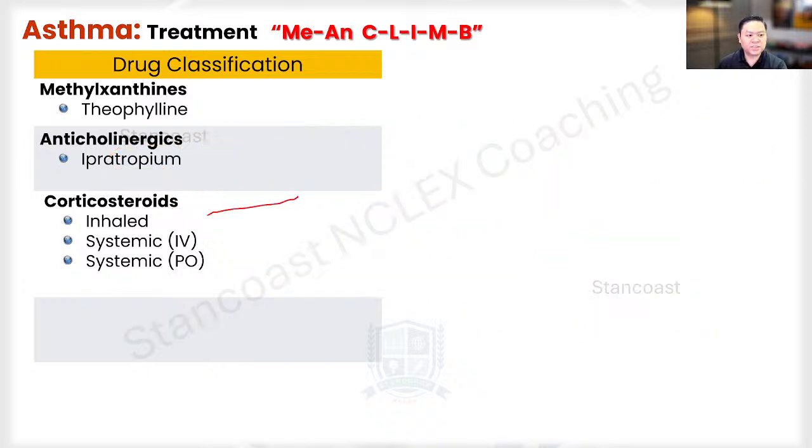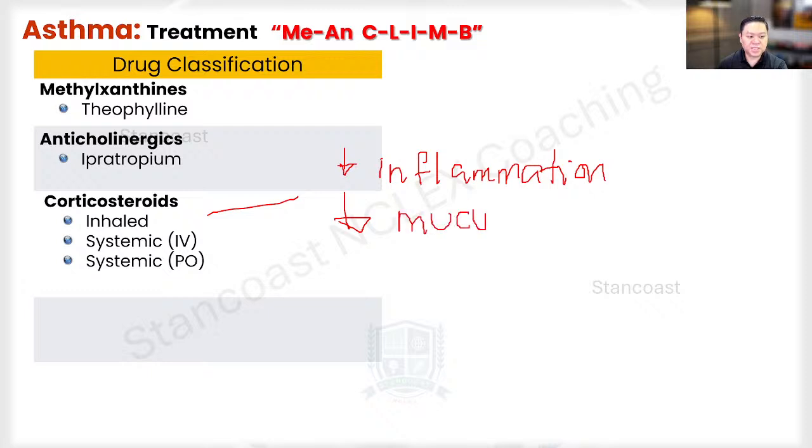So the corticosteroids will reduce inflammation. And the corticosteroids will also decrease the production of the mucus. M-U-C-U-S. Okay? Decrease the mucus, and